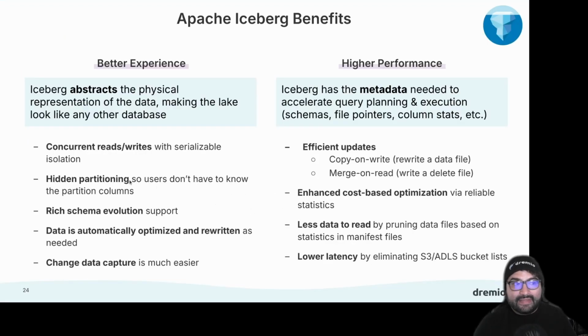This enables things like concurrent reads and writes, and cool features around partitioning that are unique to Iceberg because it's the table format. Unique to Iceberg are things like hidden partitioning and partition evolution. And this all has to do with the fact that Iceberg tracks all of the partitioning stats within the metadata. So when it does partition pruning, it's not doing it based on how you put the files in the file system, organizing all the files into different folders for each partition. Instead, that data is in the metadata for each file. So it can look at that metadata for each file within those metadata files and say, this belongs to this partition.